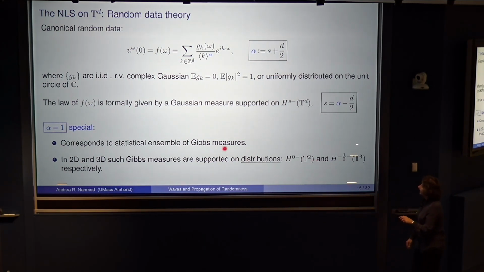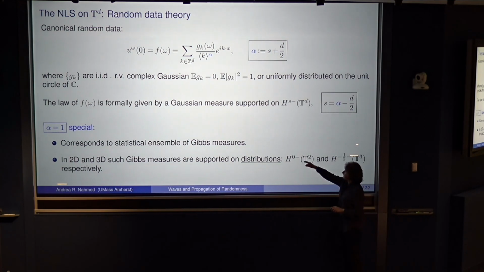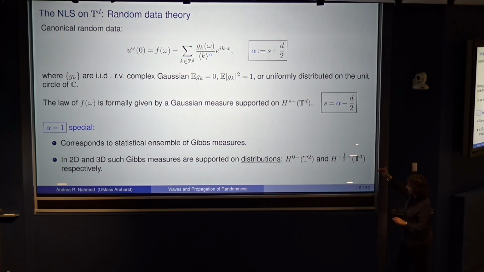If you do the calculation for dimensions 2 and 3 with α = 1, the s in 2D is 0⁻, and this minus means that I'm just below. H^0 would be L². H^s is H^s, and the minus means that I'm right below, that I'm rougher than those, and with probability 0, I am in there. So in dimension 2, you are a little bit worse than L²,